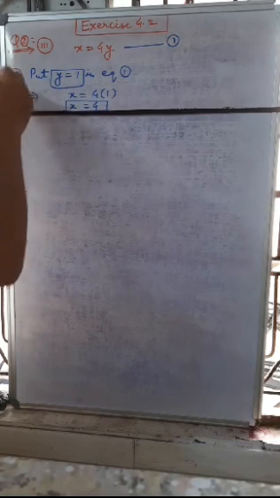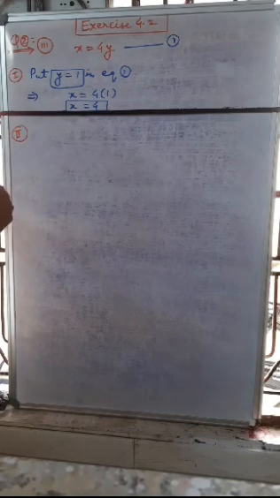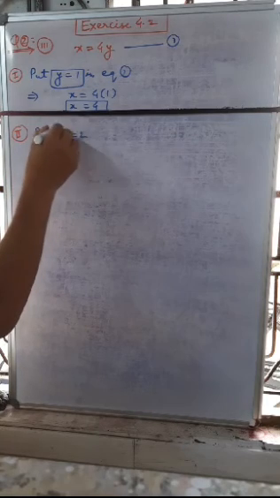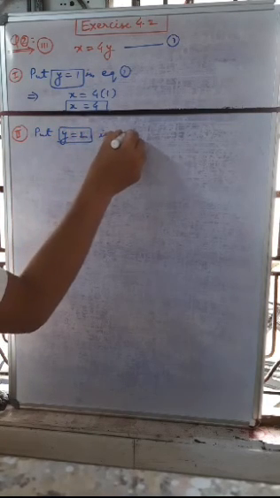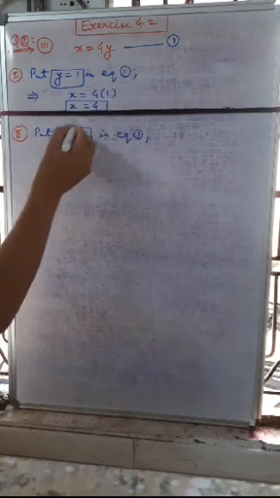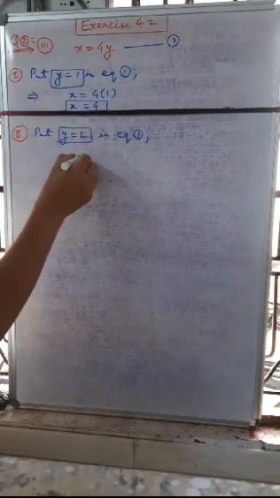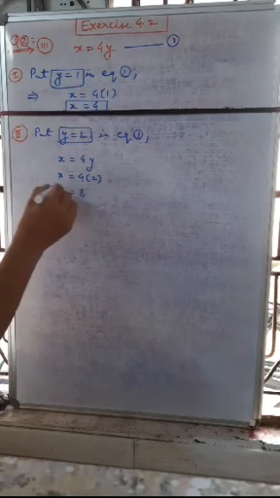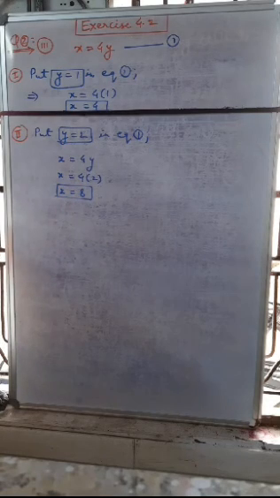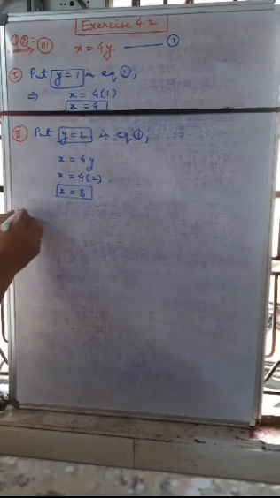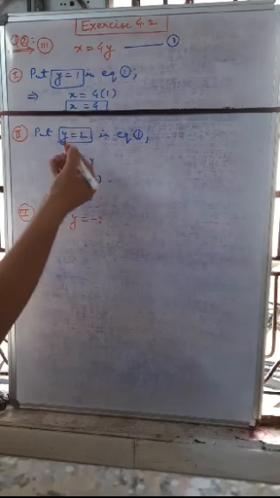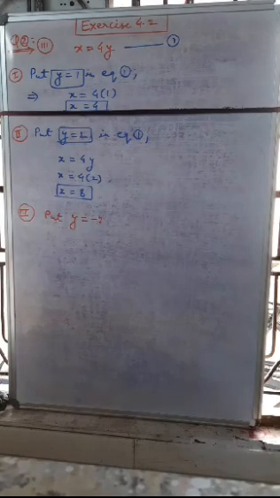And the second solution may be, put y is equal to 2 in equation 1. So x is equal to 4y, or x is equal to 4 into 2. So x is equal to 8. It is the second solution. Very easy question. And third, if you like to put y is equal to minus 3 or minus 2 or minus 1, whichever value you like, 0, minus 2, minus 3, it depends on you.